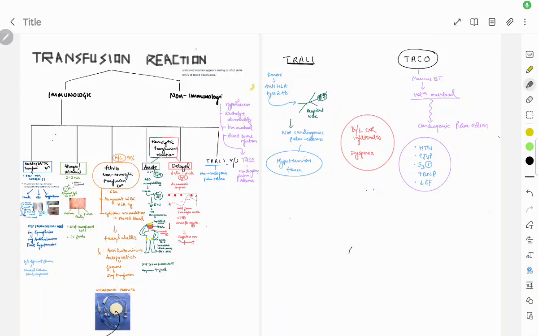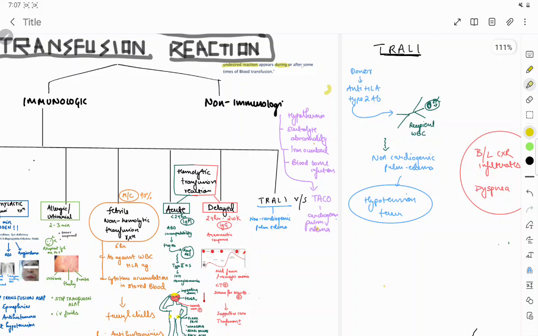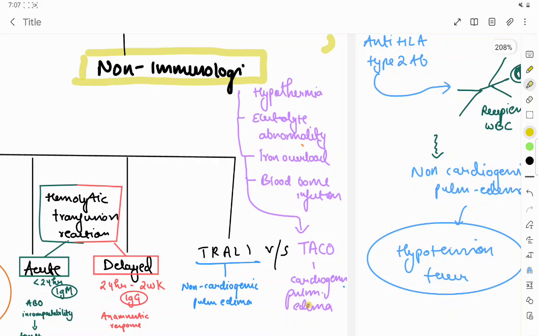So this video is meant to understand a really very important topic, that is transfusion reaction. Now these transfusion reactions are the undesired reactions that occur during or after some time of the blood transfusion. Note these transfusion reactions can be either immunologic, that occur because of an interaction between antigen antibody between donor and recipient, or these can be non-immunologic, that is not because of the antigen antibody reaction but rather because of the